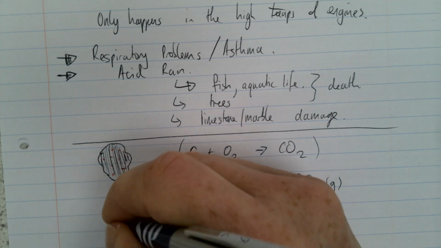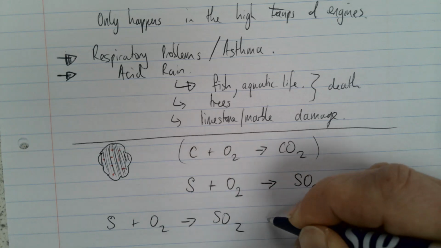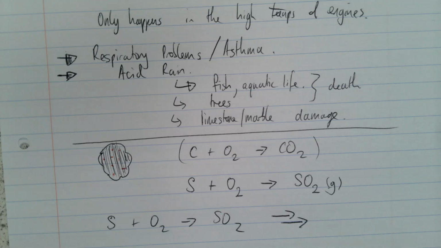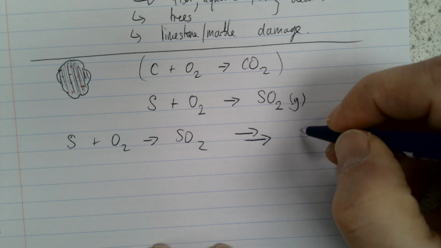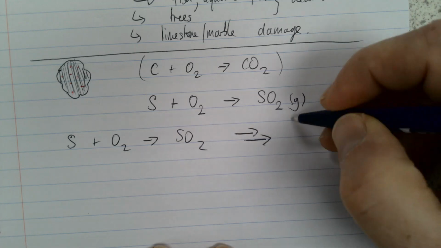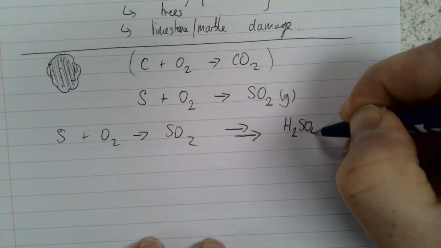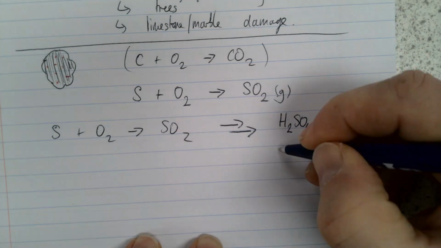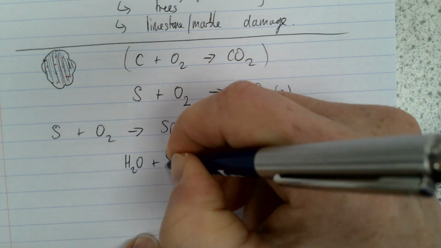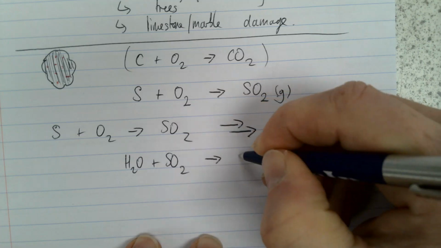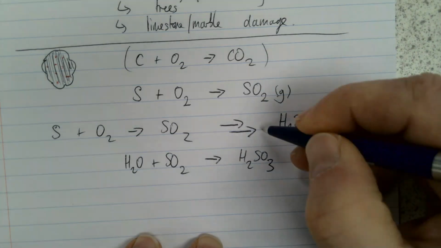So sulphur reacts with oxygen to give sulphur dioxide, and then the sulphur dioxide goes on to dissolve in water and is oxidized, and the process of that you don't need to know, so I'm going to brush over it, but you form acids. One of the acids you can end up with is sulfuric acid. The one that's more obvious to see is if you take water and sulfur dioxide, you can end up with a chemical called sulfurous acid, H2SO3. So these things are acids.